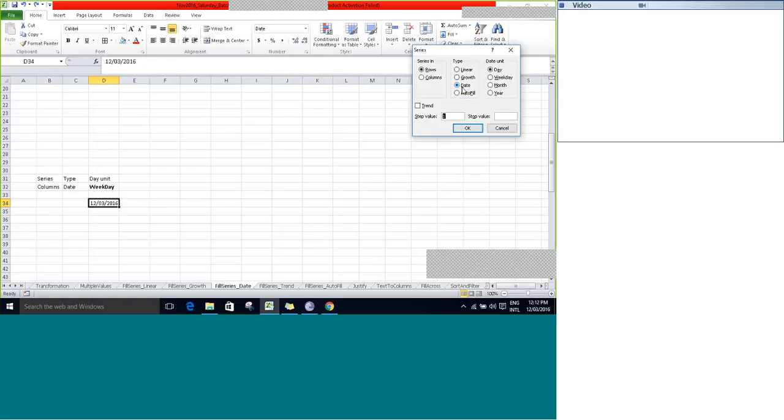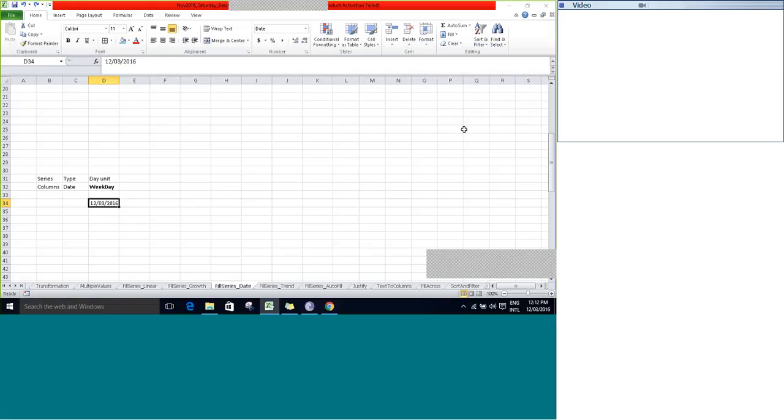Let's print it in a different column only. Weekday. Stop value. Click OK. So now you are able to see that today